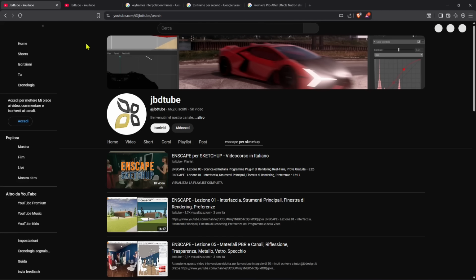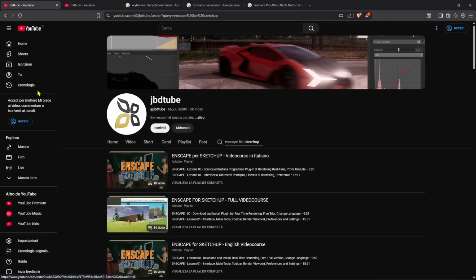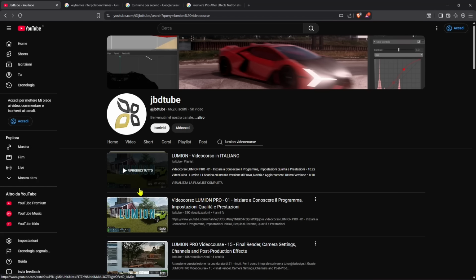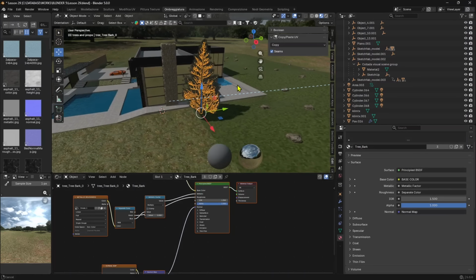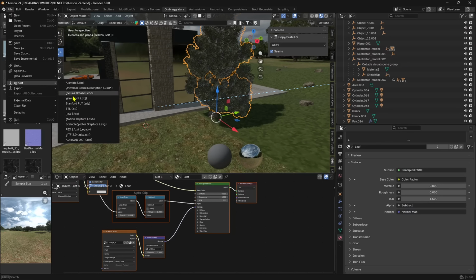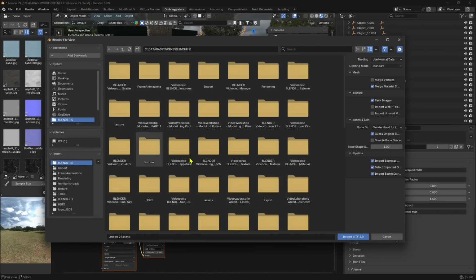And also I suggest a similar application like Escape, but this can be used for SketchUp. And then, look for the video course again. And another one would be Lumion, which contains a lot of assets, way more professional, but also more expensive. Now let's go back in, and well, this is the tree that I've imported. So as usual, you go to File, Import, GLB, GLTF, and